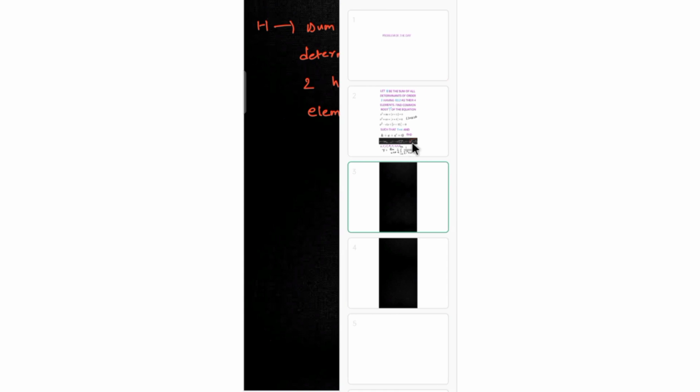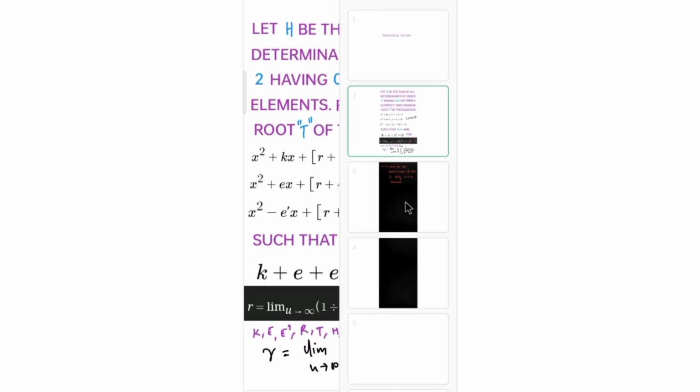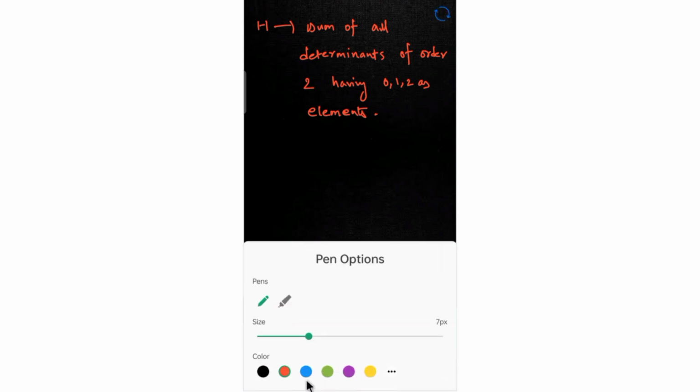And then comes the value of, to find the value of r. All right, to find the value of r, it's taking time to load. So to find the value of r, okay, what is r? R is the limit as u tends to infinity of 1 by u, sigma i equals 1 to 2u, of i by root over i square plus u square. I think this is the equation, the value of r.